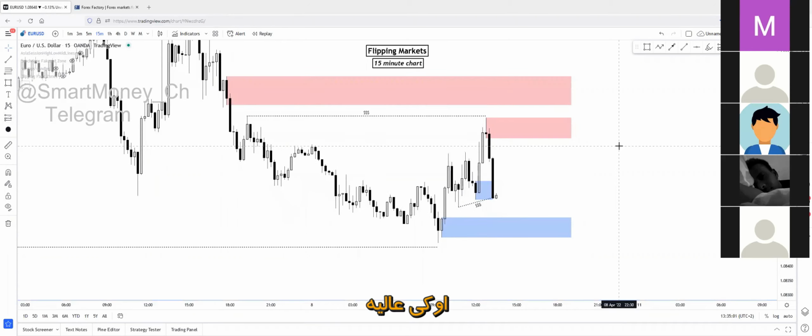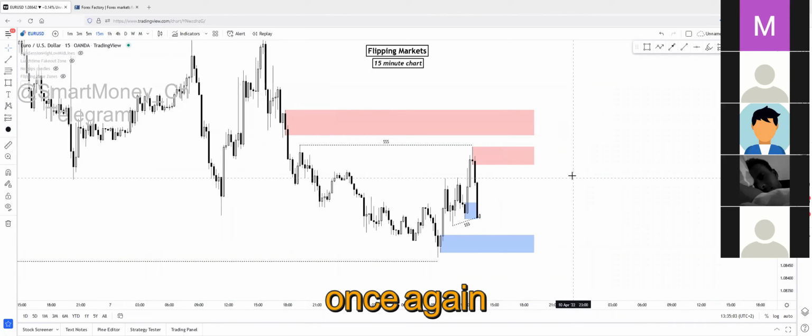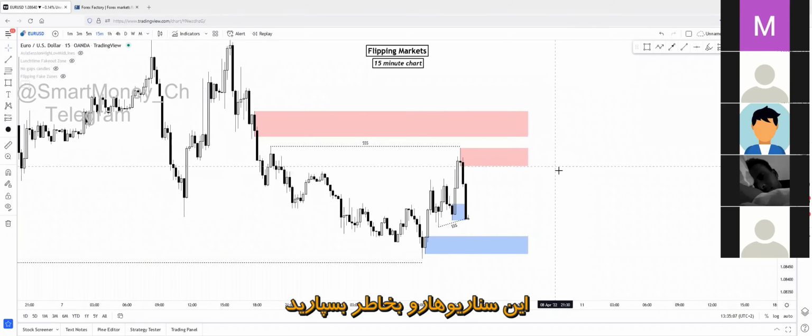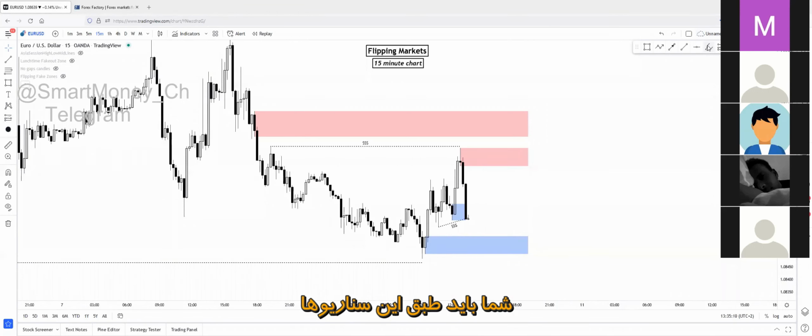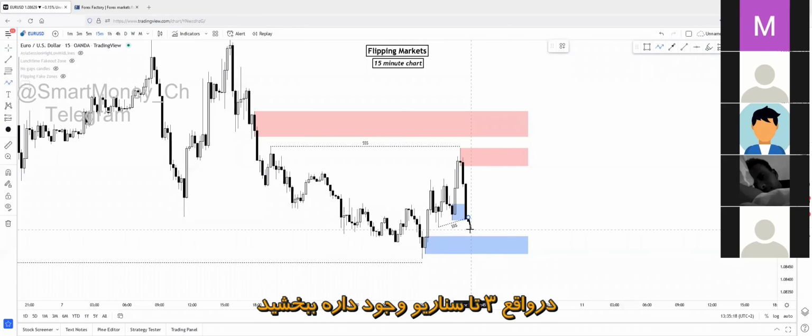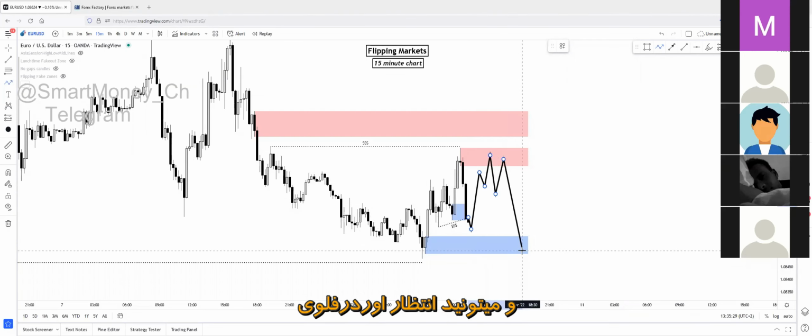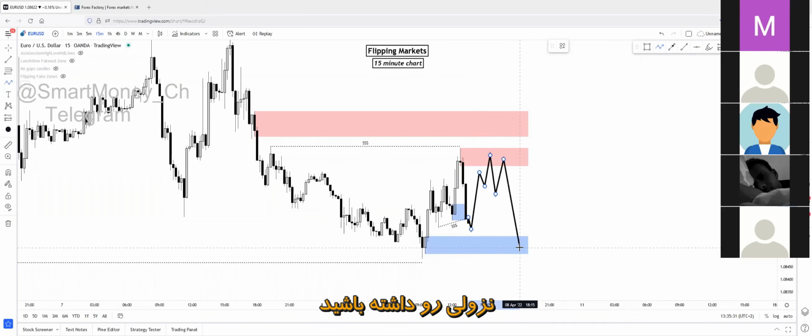Okay, perfect. So once again, there are two scenarios. You have to keep these scenarios in mind, and you have to act and trade based on them. The first scenario, if price body breaks below this demand zone. Actually, there are three scenarios, sorry. If price body breaks below this demand zone and creates a pullback, you will be able to create a short opportunity right here, and you'll be able to ride the short expected order flow to the downside if the body break happens.